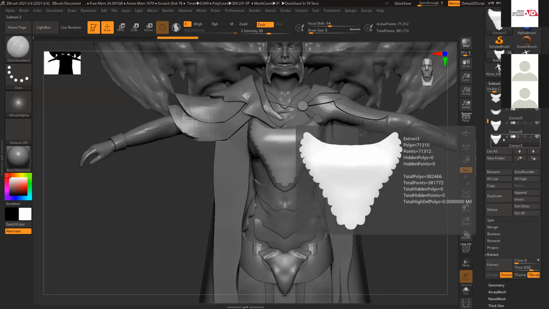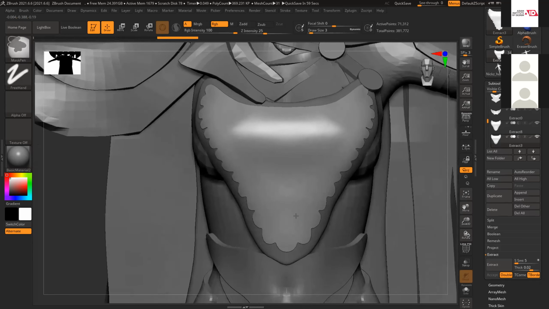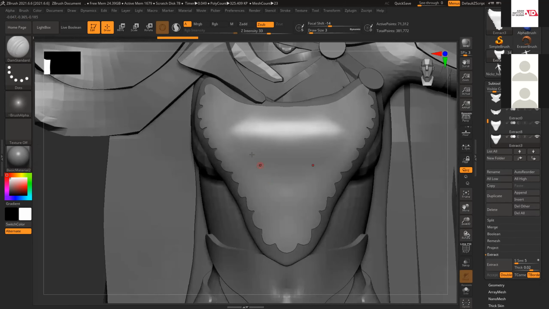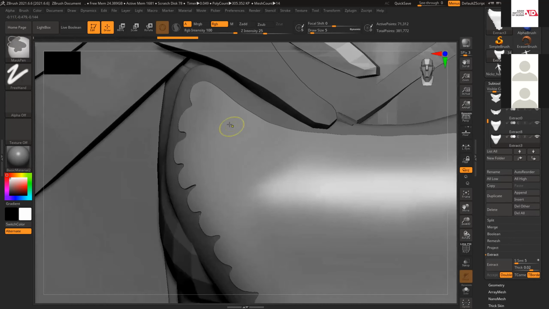It automatically makes a separate model. And now because this is a separate model, creating all this shape will become very easy. Like to add any details, I can make it really nice and clean. All these things I can do very easily.